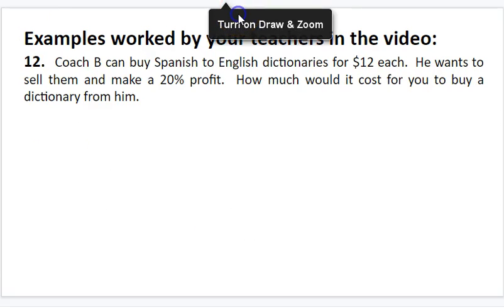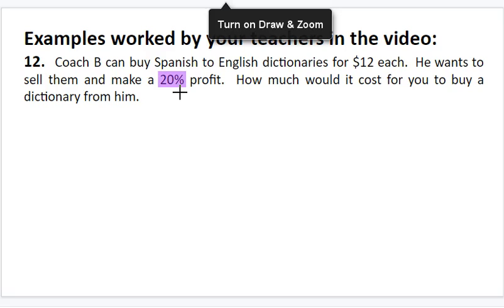Here's another example. So Coach B can buy Spanish to English dictionaries for $12 each. He wants to sell them and make a 20% profit. How much would it cost for you to buy a dictionary from him? And that should be a question mark, just a little typo. So first of all, I see